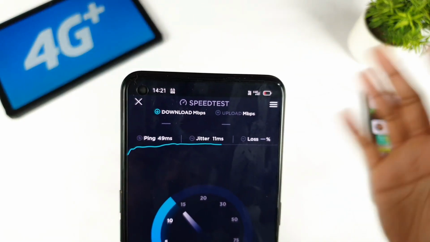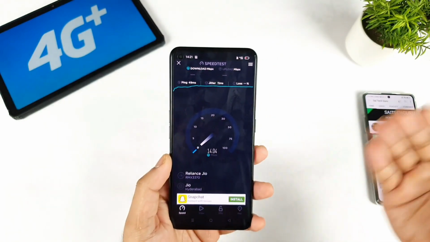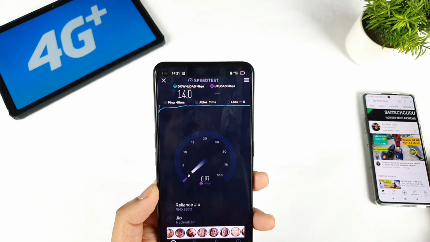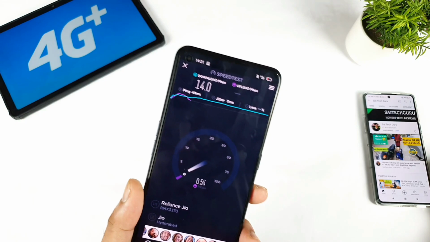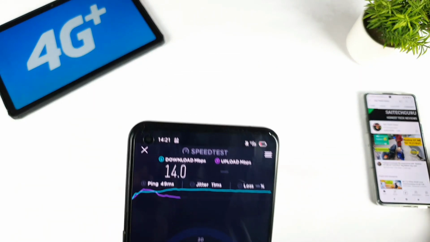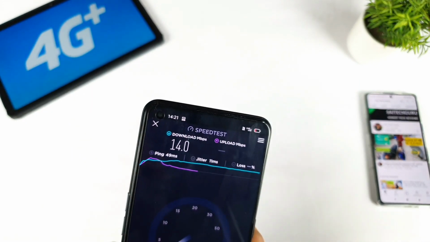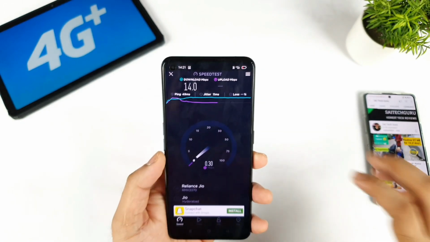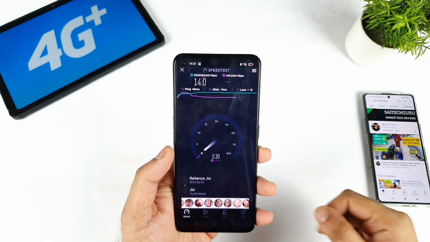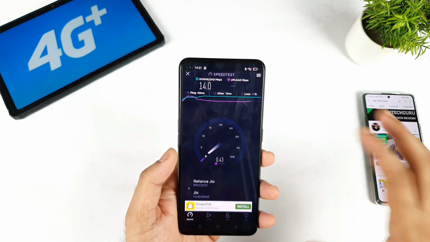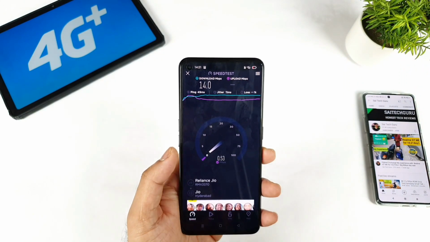If I do a side-by-side comparison with other phones, we'll be able to understand what is happening with the carrier aggregation. So let me try to search for carrier aggregation. In my studio room right now, I'm not getting it. So I'll do one test without any carrier aggregation, and next I'll try to search for carrier aggregation in my room.